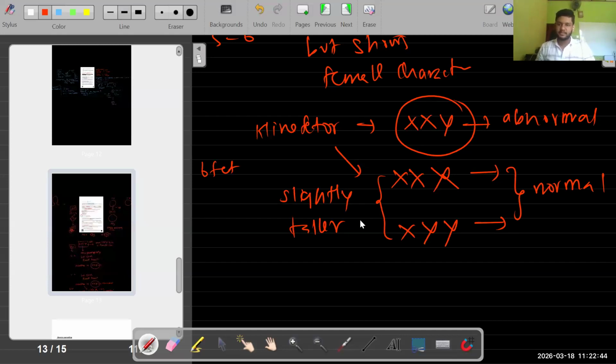Is that clear? Now all these three are trisomic conditions, right? XXY is abnormal, right? Why? An extra X chromosome is present in a male genotype. XXX is normal. Why? They are already female. Having an extra X does not impact them much. They'll be showing the same female characteristics. XYY is normal, which is a male. Having an extra Y chromosome will still maintain the male characteristics. Is it clear? But the only problem is they are slightly taller than us. Is this clear? This part